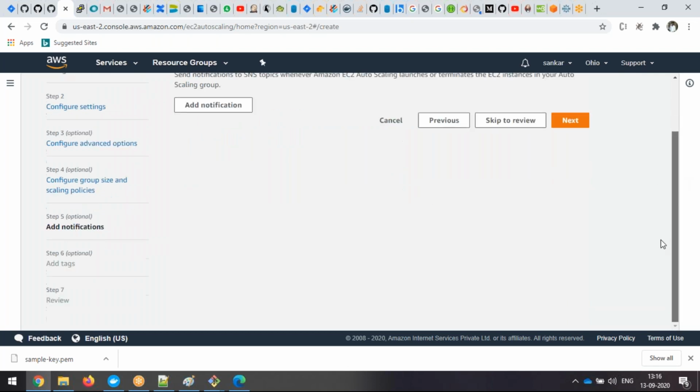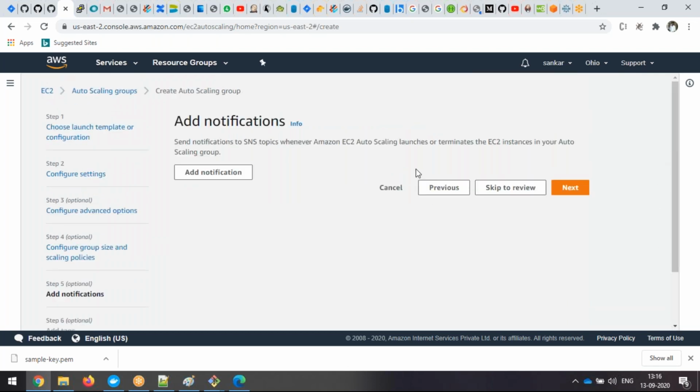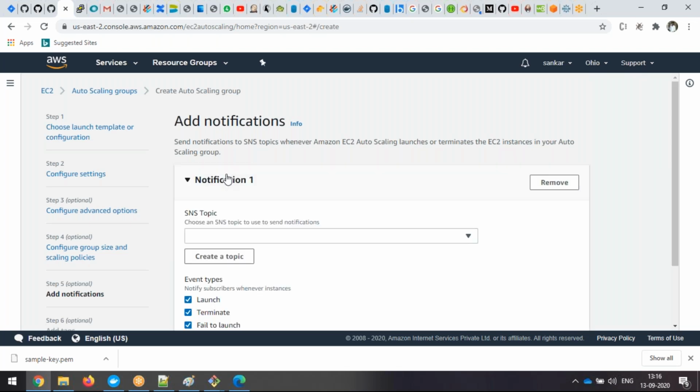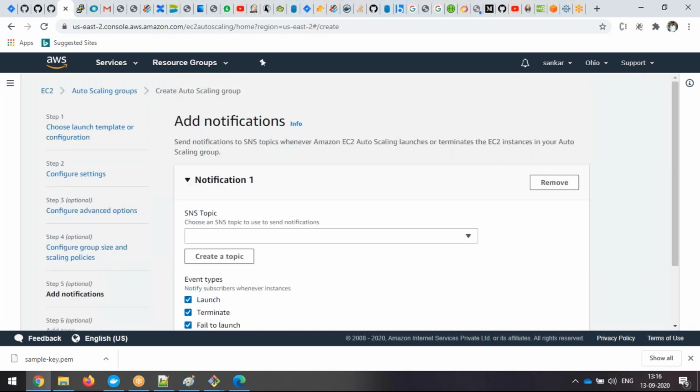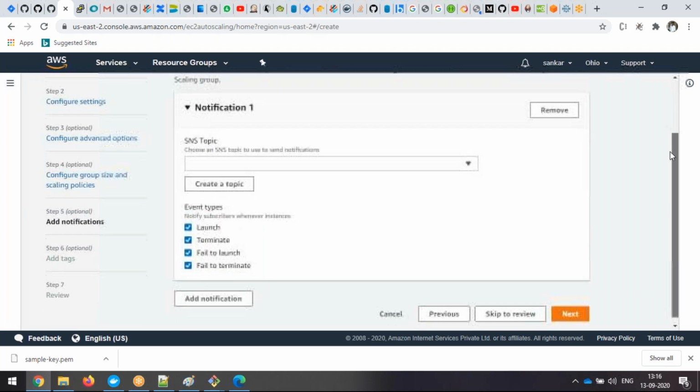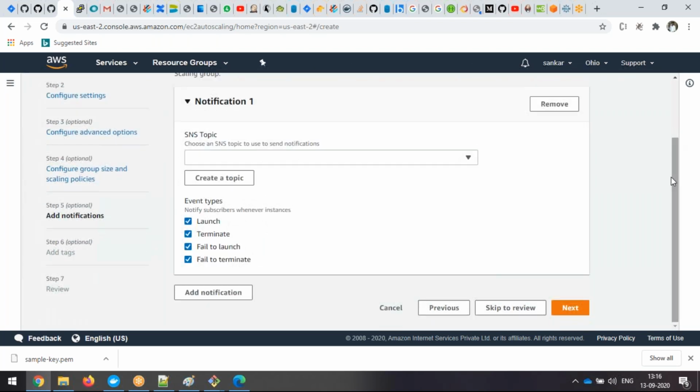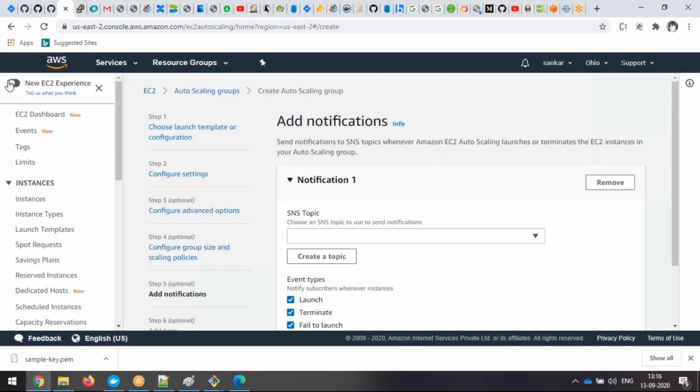Add notification. Now this is the notification step, and here I'm not seeing the instance creation. This is the new feature they have added, I think. One thing is missing: the threshold values and the instance launch. That's what I am looking for actually. So let me see the other way. This is a new thing, I think. See, I will go with the